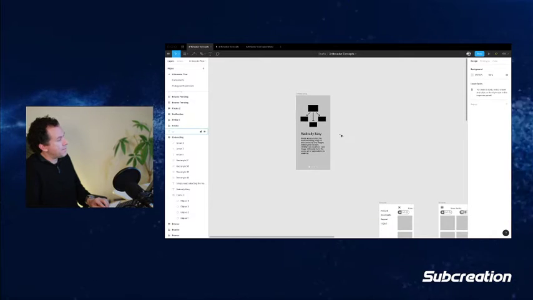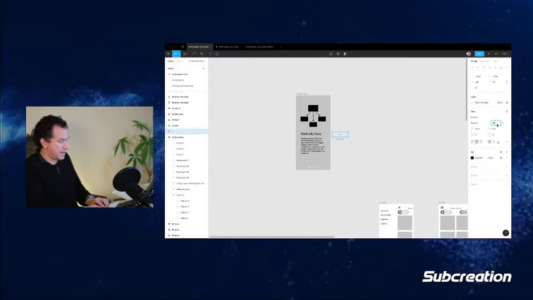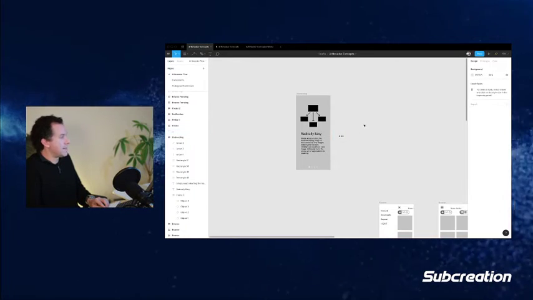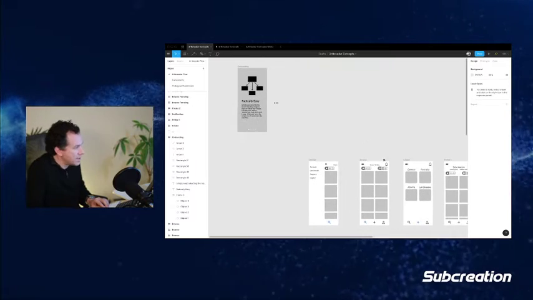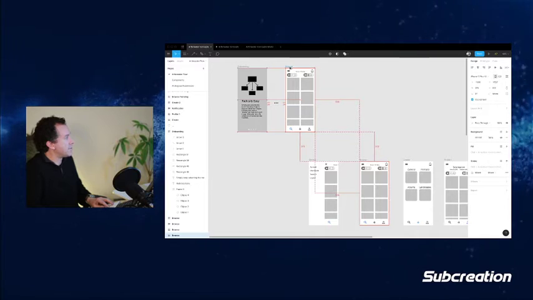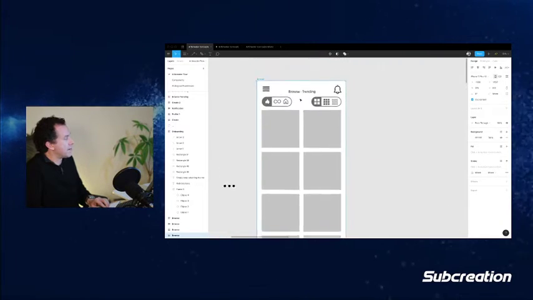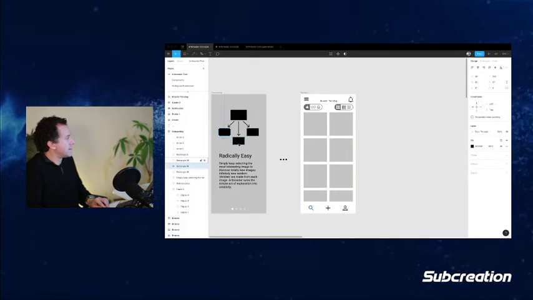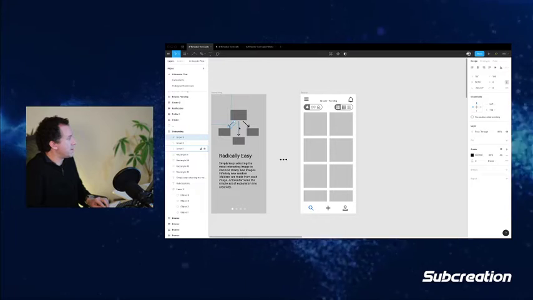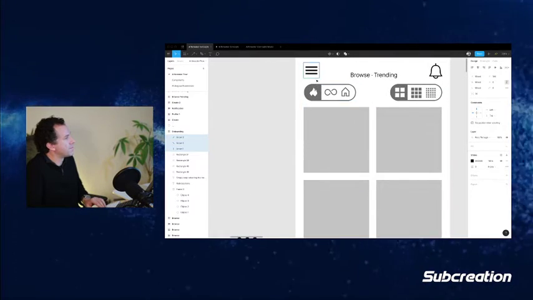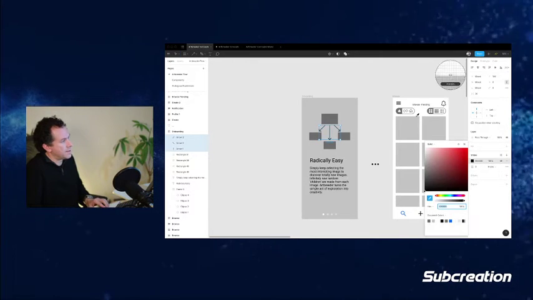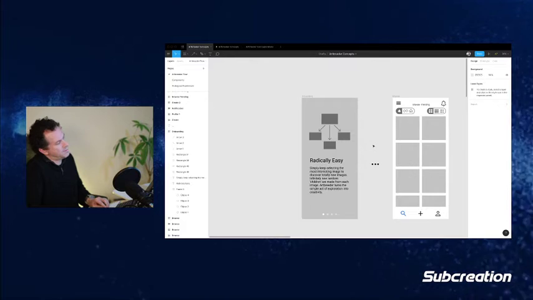And then I'll make that like 90. And then the last one is essentially, so this is browse trending, but it's going to be a signed out state. So let's see what that would look like. Now I see this next to that. I wonder if I could just, yeah, that probably is a little bit better. I'm getting a little too into the details. But anyway,